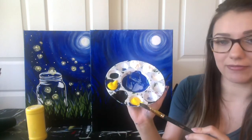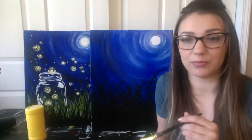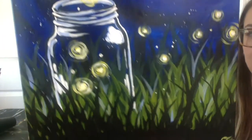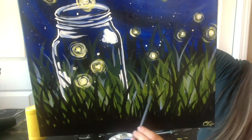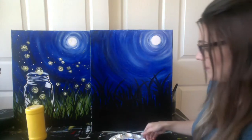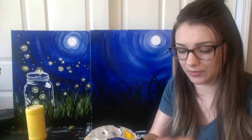I also have a plain pot over here of just plain yellow that I'm going to mix just some blue into to get a lighter green. So over here, you should be able to see some of my darker green ones up a little bit higher, and some of my lighter green ones are going to be on the bottom. So we're working with 2 greens here. There's not a ton of color in this painting as a whole, so varieties within the colors that we're using is going to do well to give the painting